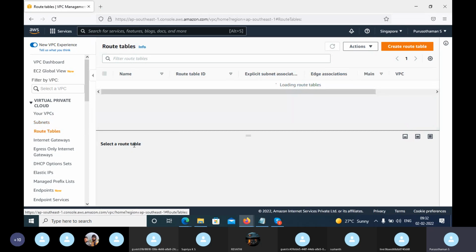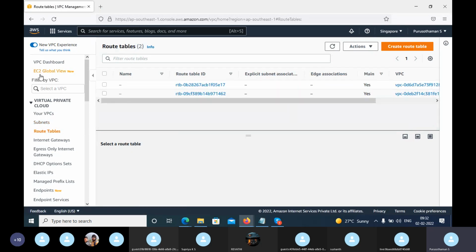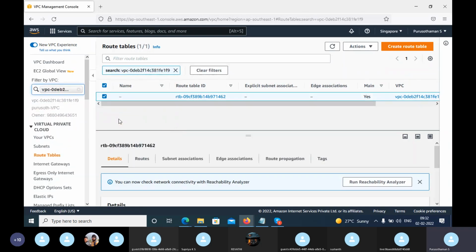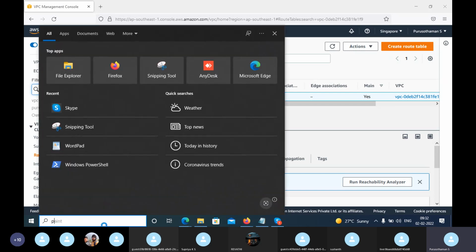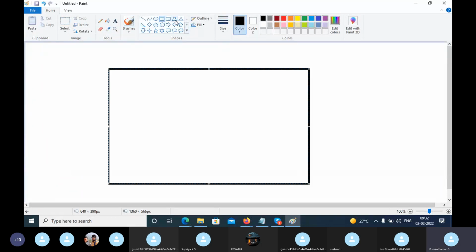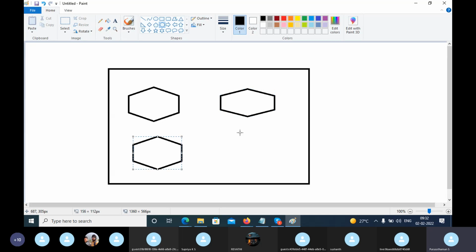A route table is nothing but a kind of grouping of your subnets. For example, take an organization with different branches and departments like HR, software, finance, and supply chain.